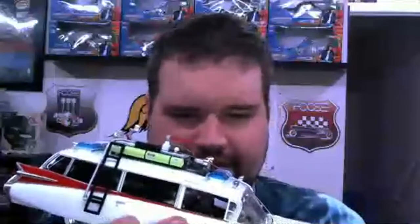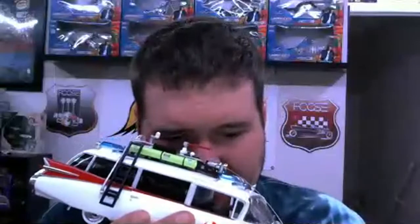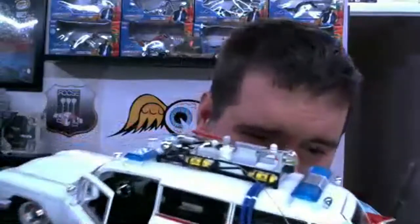That's weird though. Alright, so it's not really that bad, but you can kind of tell the indicator. Usually those are supposed to stay stationary, but if it's an older model, that's fine. It's not bad. I'm satisfied so far. The details are pretty good. And if you look real close, it's a nice little added thing, but